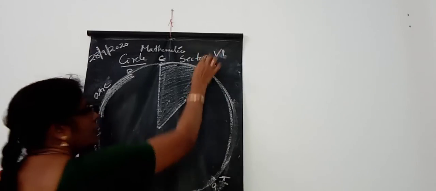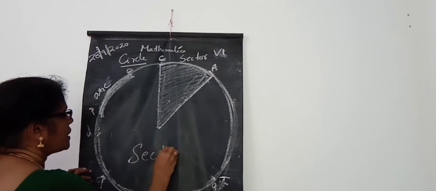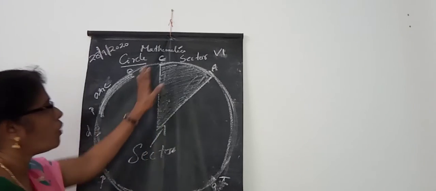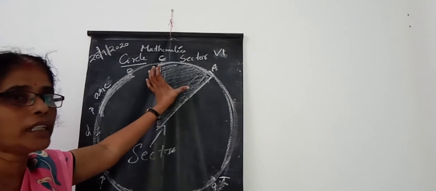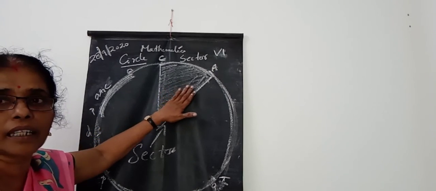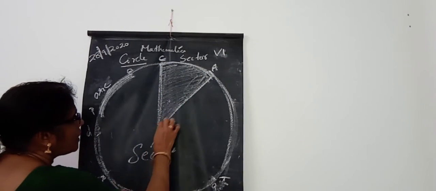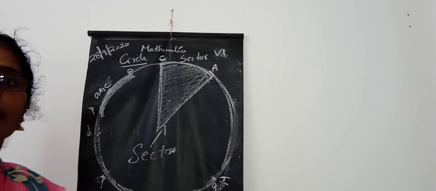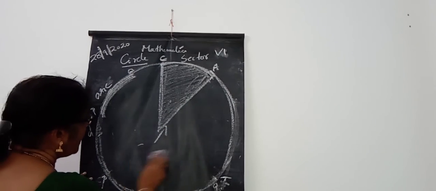Sector. We can call this a sector. Okay, a sector means one side is an arc, and the other side is the interior part of the circle. That region we can call a sector. That region means one side is an arc and the other side is a pair of radii. That region we can call a sector. Okay, this one is the sector, and another one is